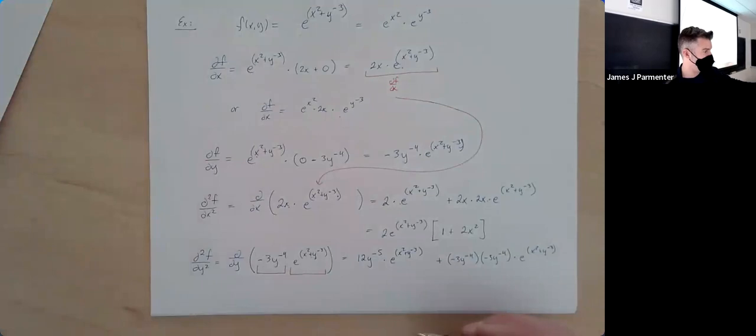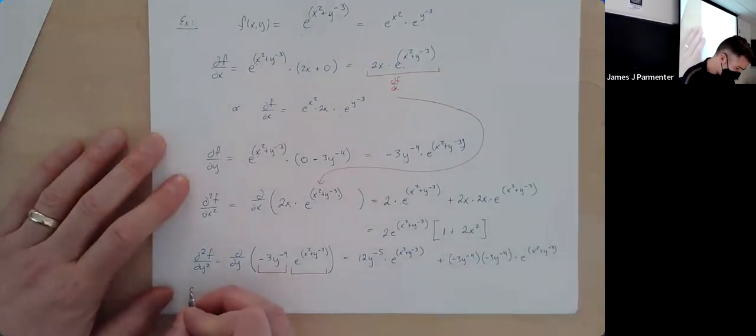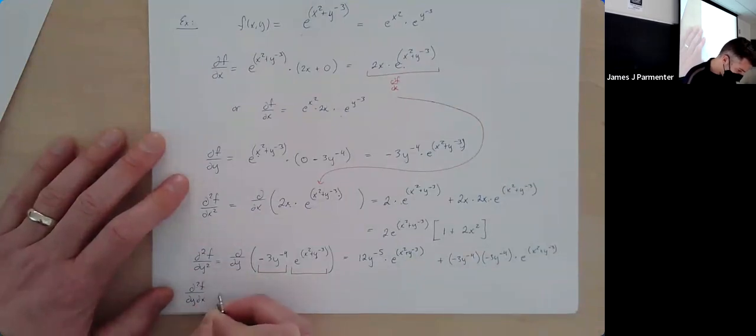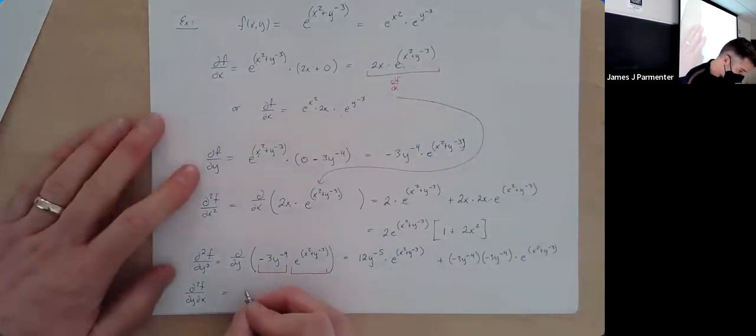Well, right, but we want one more. Well, we actually want 2 more answers, but we're only going to do one of them. We also want the mixed partial. So we're going to find del squared f del y del x. Okay, so let me ask you. When I write it this way, it means I did which one first, the x one or the y one? Right. So I'm going to write this as del y